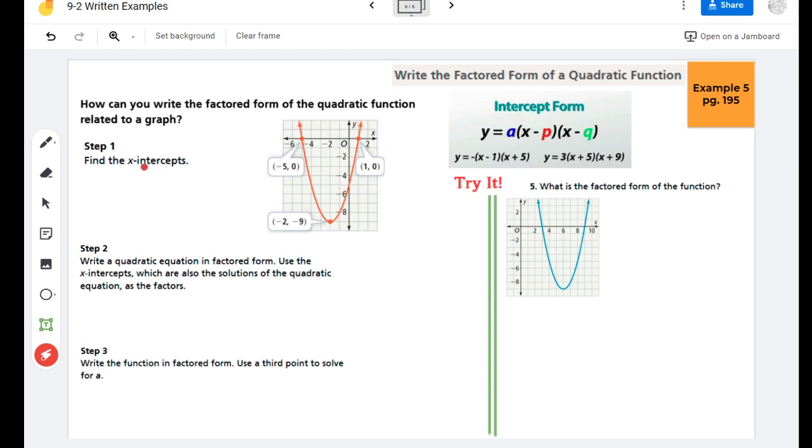So the first thing that we're going to do is find the x-intercepts. You could see right here, my 2 x-intercepts are -5 and 1, which is where they're crossing right here and right here. All right. So step 2,